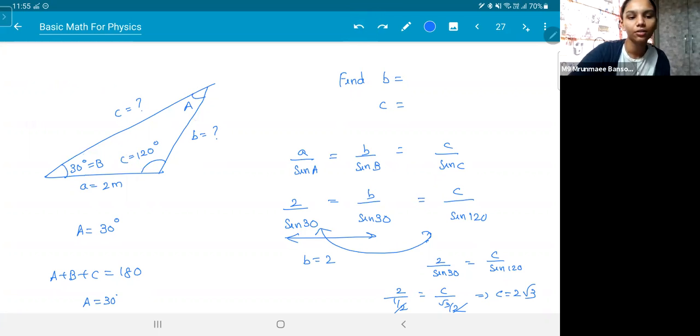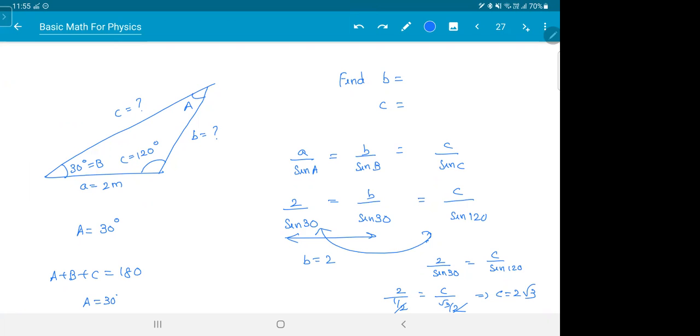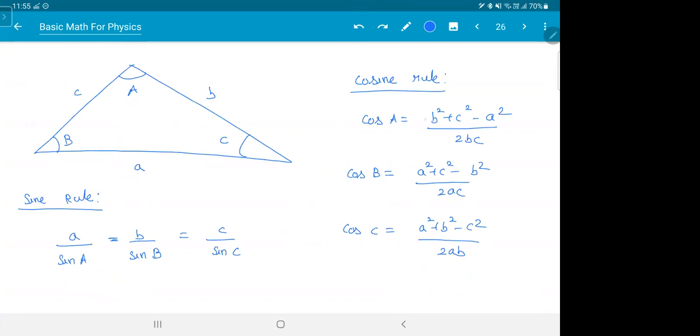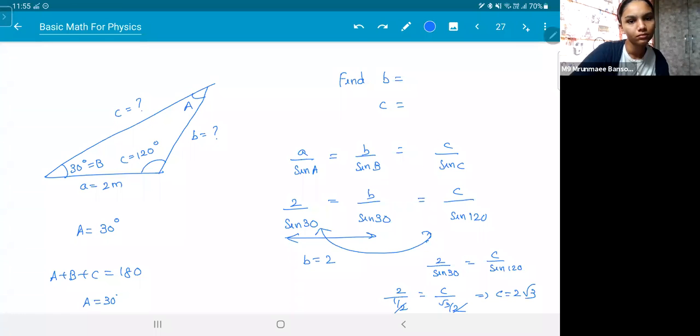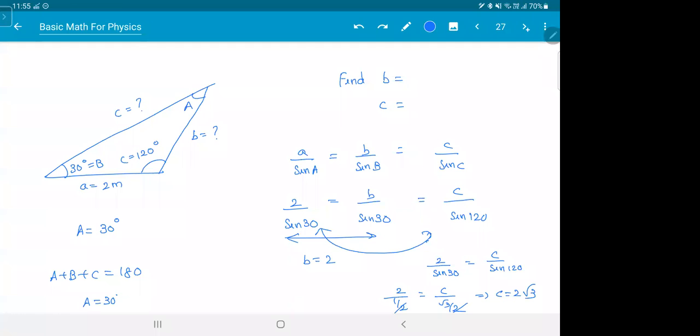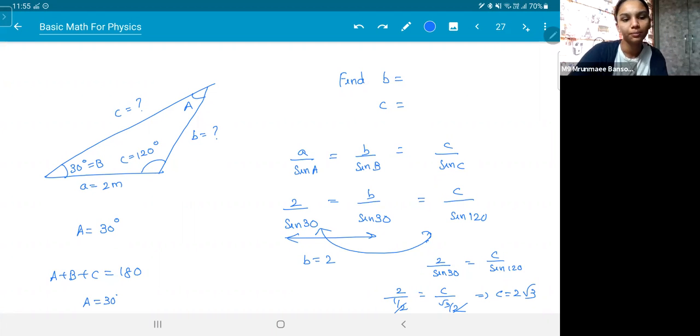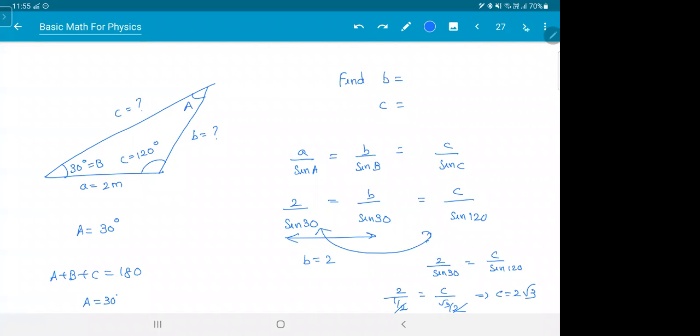Using cosine rule, they should give all the 3 sides. Yes, you need all the 3 sides, because every formula has all 3 sides in it. Or you should give at least one angle and 2 sides. Is this clear? How do we find the third side if the angle and 2 sides are given? Can you show an example? It's like, for example, the same thing.